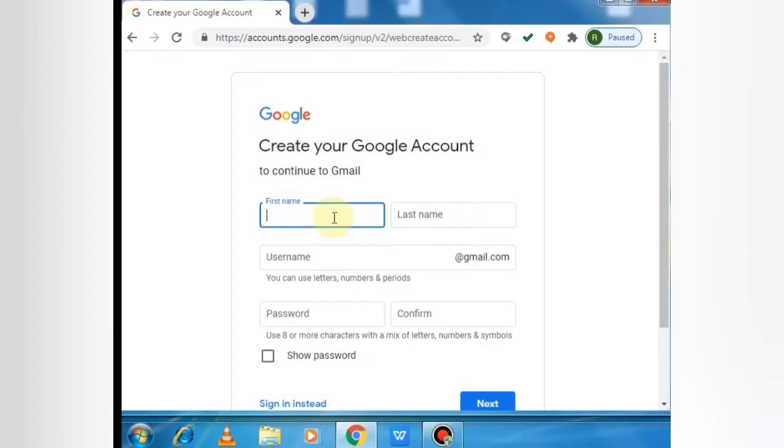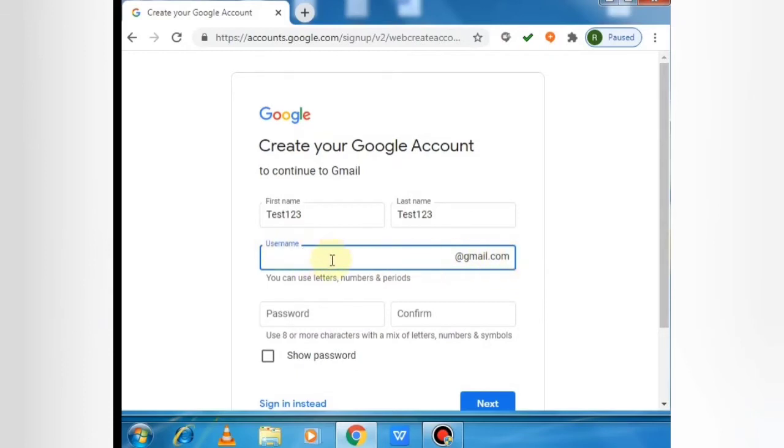Here I am trying with a test name, giving test123 as the first name and test123 as the second name. In the third column, it is asking for a username. Here we can set our username.